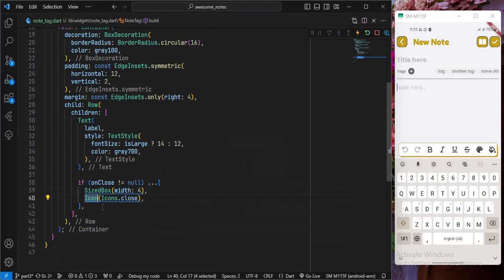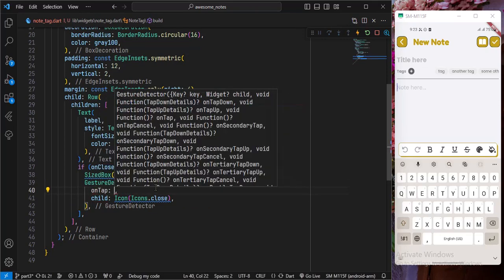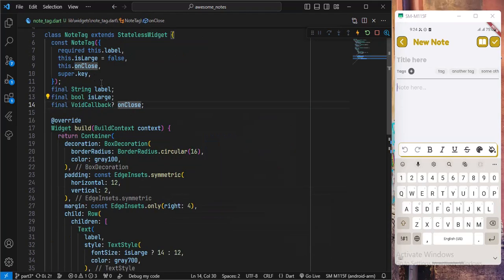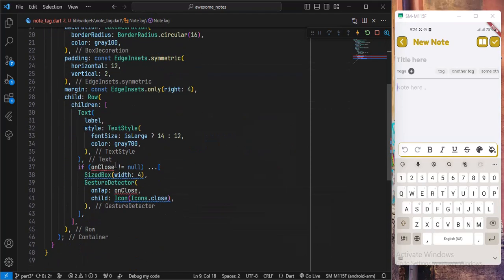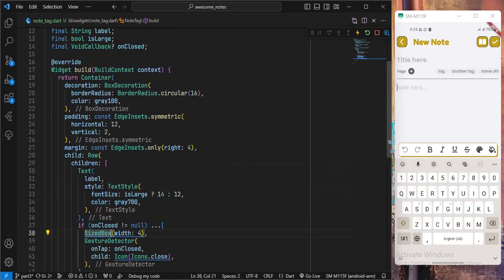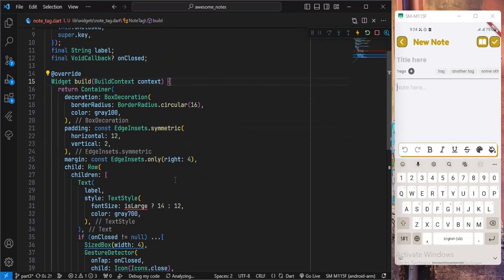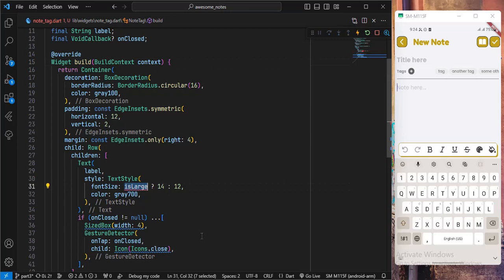And then when we click on this icon, so I will give it a gesture detector, and on the onTap I will just call onClosed, and I'll change this to onClosed. Okay, and now we can safely remove the isLarge, because when this is closable means this is used in the new note page. So I will just remove this one,